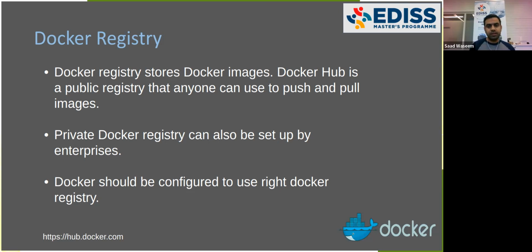One thing to notice is that there are other registries available, like Google's registry, and some large enterprises can also set up their own custom registries to work with their custom images, because they don't want to share their data